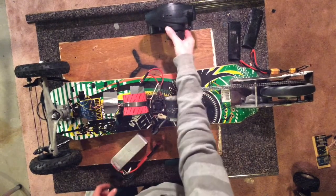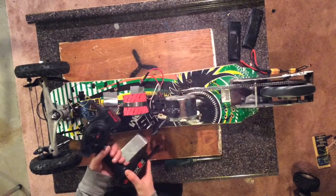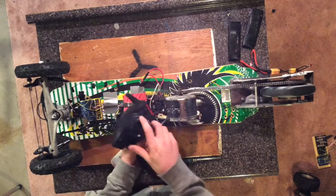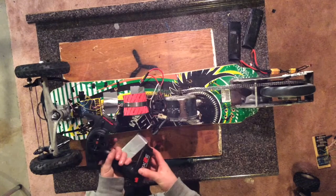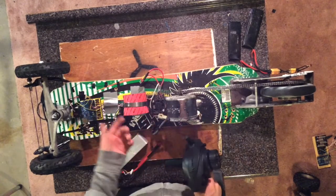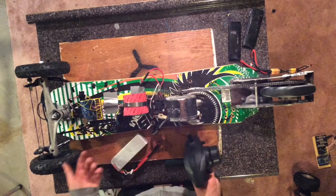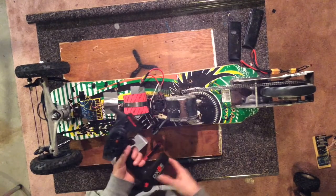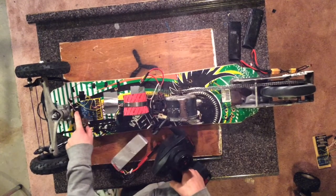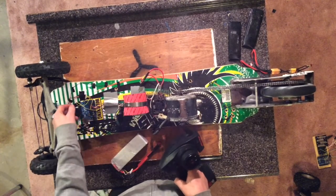And to vary the speed, I ended up using a Spektrum DX2E transmitter. This is usually made for RC boats or cars, but the throttle stick works excellent for this application. Also, I don't have to hold a big wire to control the speed. This just transmits a signal, and I have a receiver for it right here, and this sends out a PWM